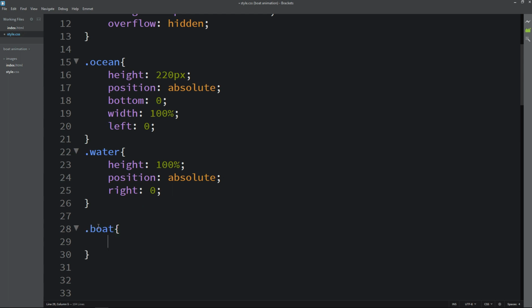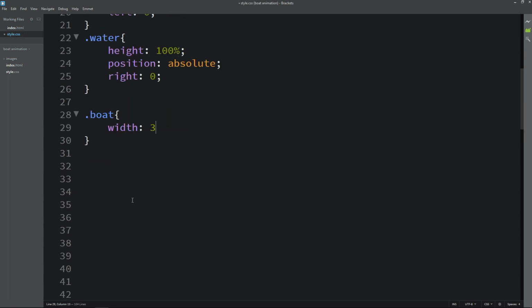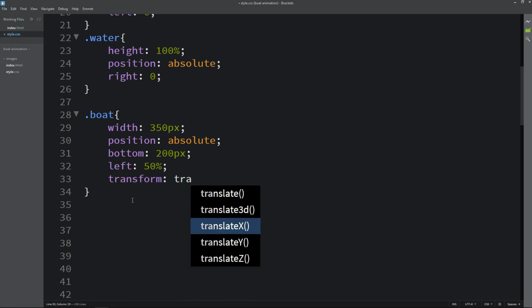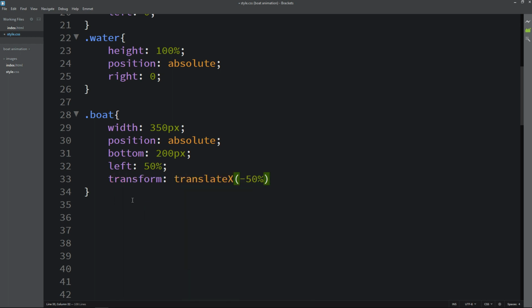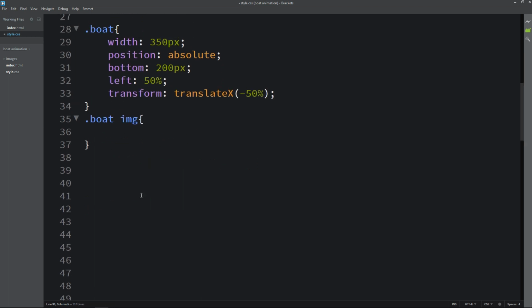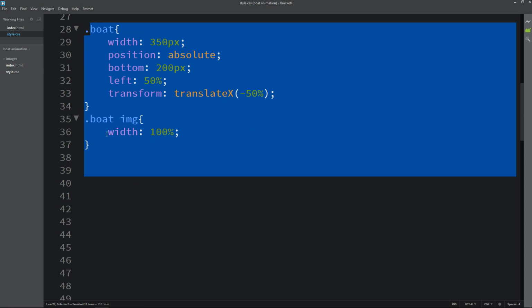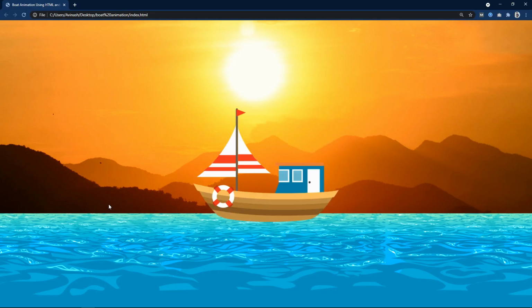Here we will add CSS properties like width, it will be 350 pixel, then write position absolute and bottom 200 pixel, left 50%, then transform translateX minus 50%, so it will be horizontally centered. Just copy this class name again, then write img. For this boat we will add width, it will be 100%. That's it. After applying this CSS, let's refresh the website, and you can see this boat image in the center.